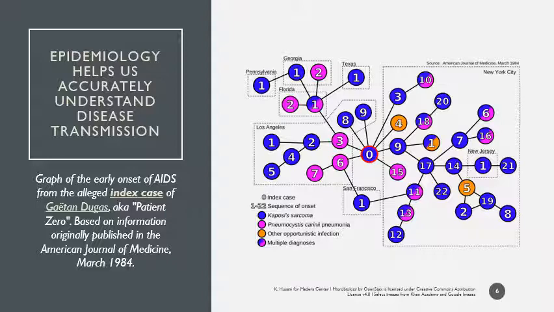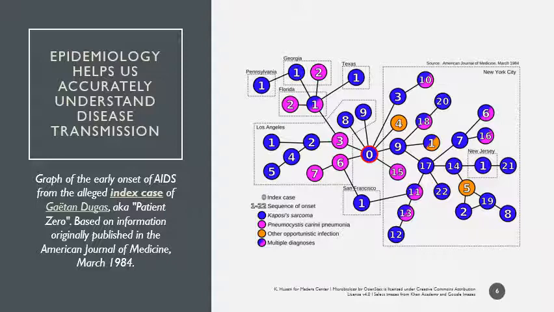So this image was published in the American Journal of Medicine in 1984, pretty early on in the AIDS crisis, and it's based on what we call an index case. That's kind of like the first person, patient zero, to have a particular pathogen. This man, Gaten Dugas, was assumed to be patient zero. They looked at his sexual interactions with other people and tried to track the spread of the HIV